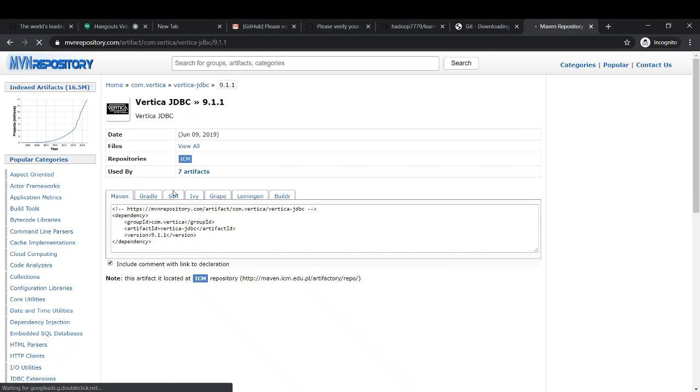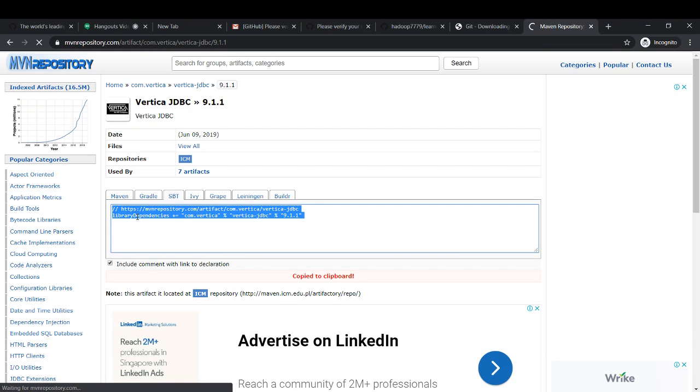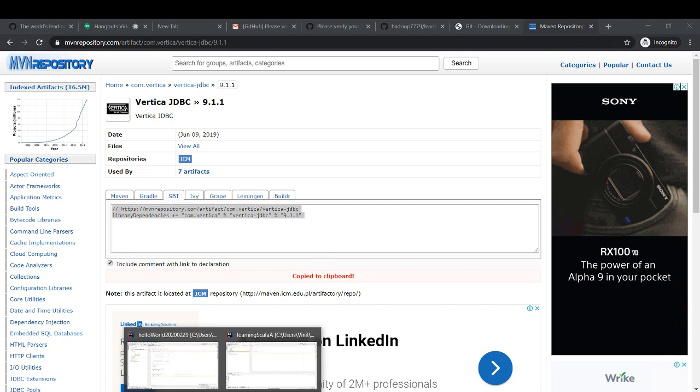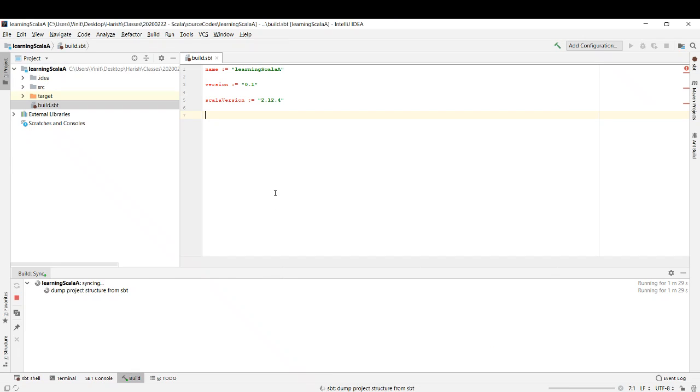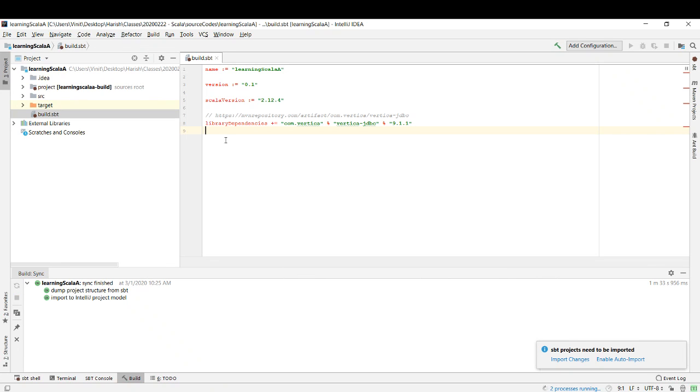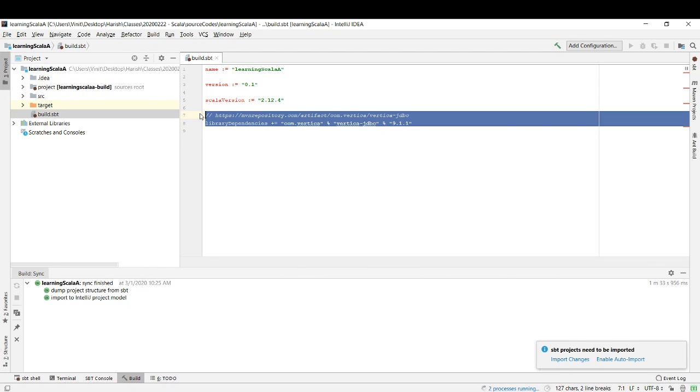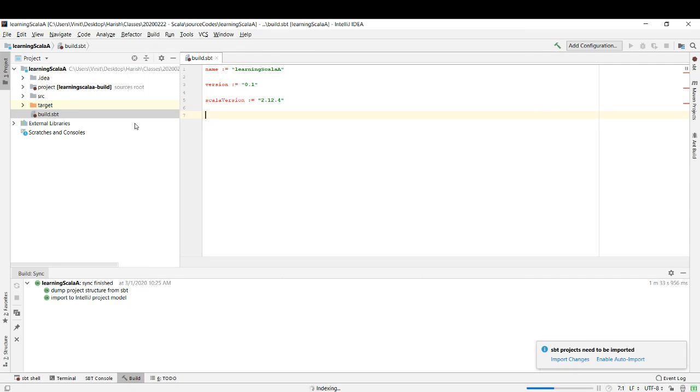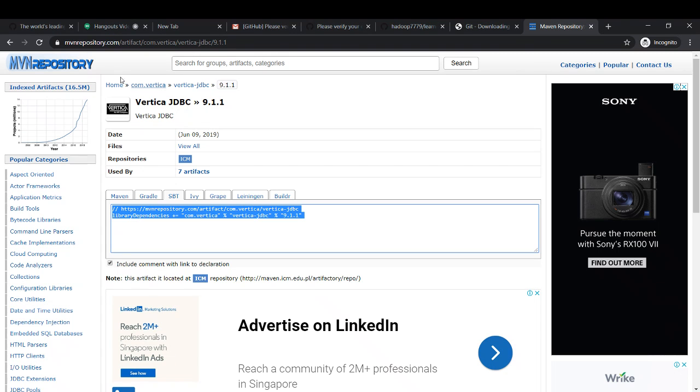Vertica is a database, and you have to copy this particular line into build.sbt if you want to connect Vertica. Okay. There is a use of build.sbt, and what you need to use, you can find it over here in the